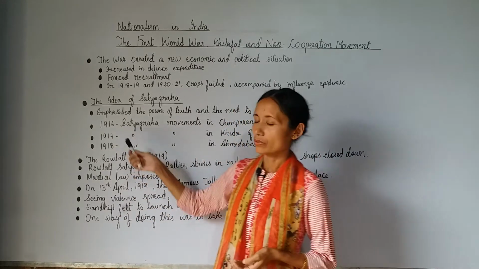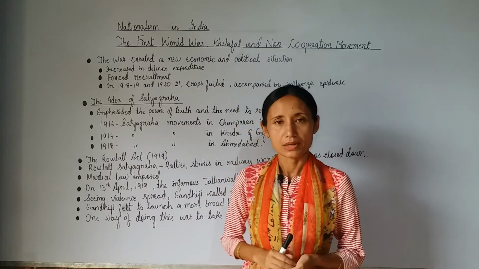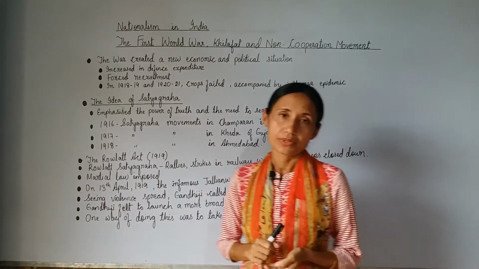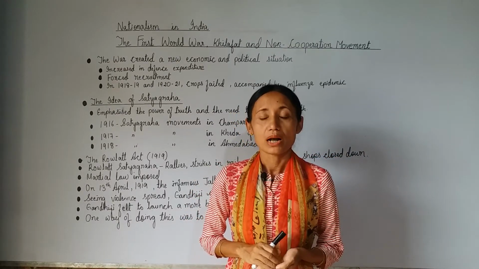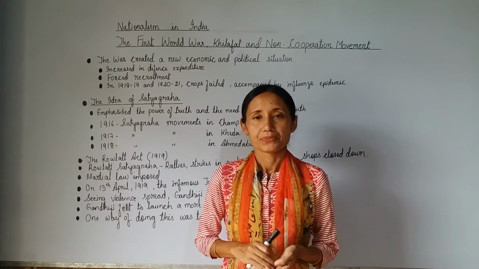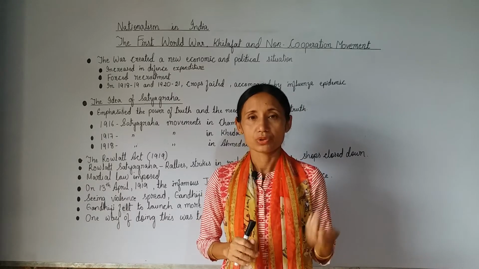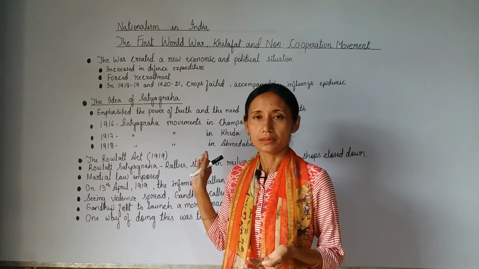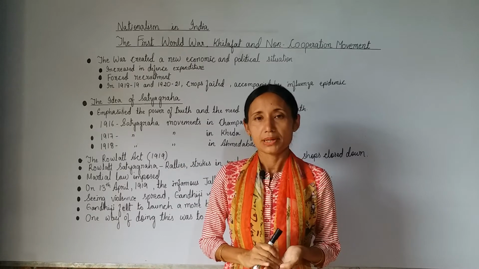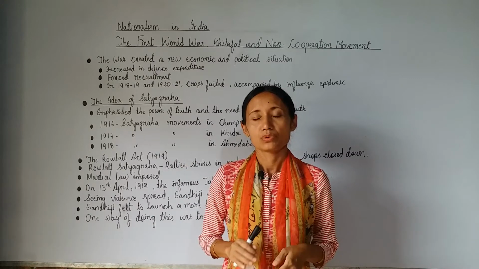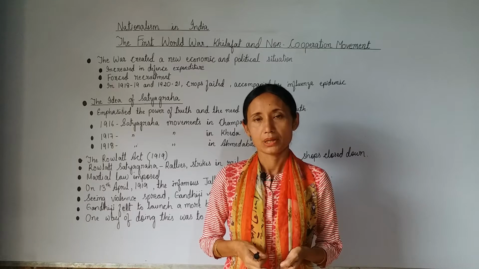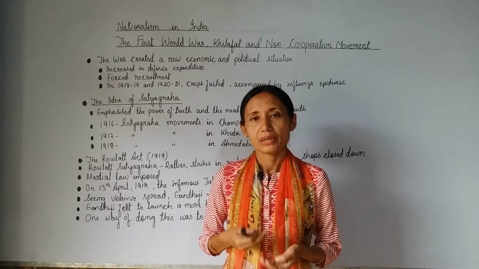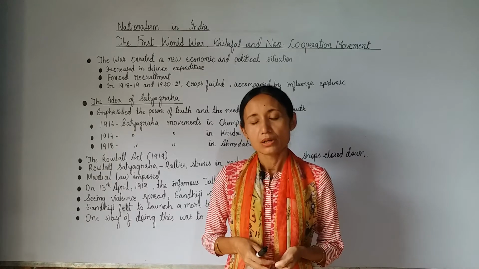Now next we have what? 1917. In 1917 also, Gandhiji organized a Satyagraha movement in Kheda district of Gujarat. So what happened in Gujarat at that time? I already mentioned that there was a shortage of food and also a plague epidemic. The peasants of Kheda district could not pay the revenue. The government had raised the revenue and they could not pay, so they were appealing to the government to excuse